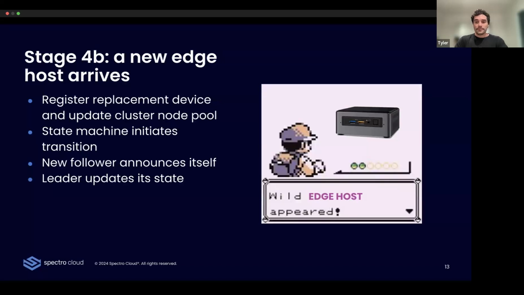What we would do is just boot that device, and then it has access to information. It would either get it from a public SaaS endpoint that our software provides, or it could actually be baked into the machine through some configuration files that we reference when we're working in an air-gapped context. But basically, this new machine will know that it's part of a cluster with the other remaining machine, and it